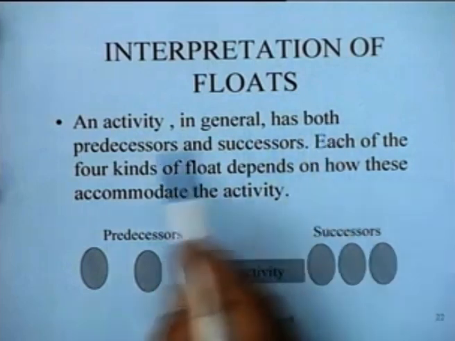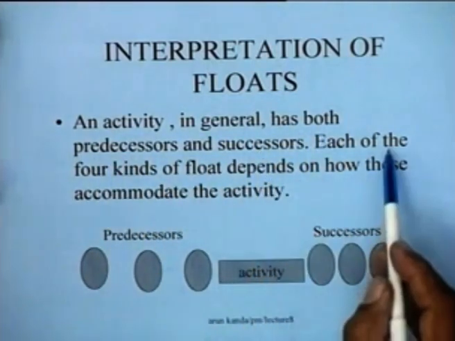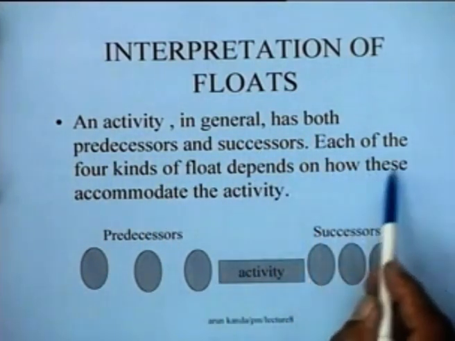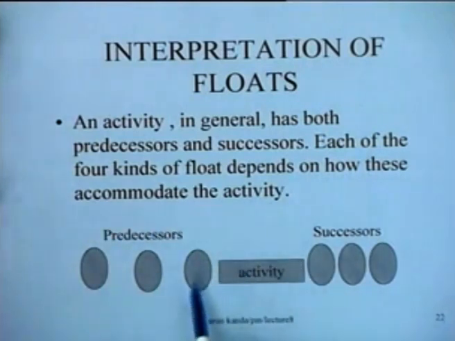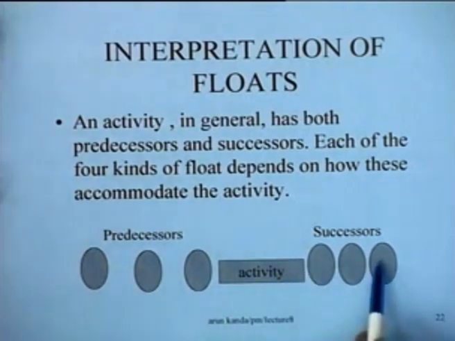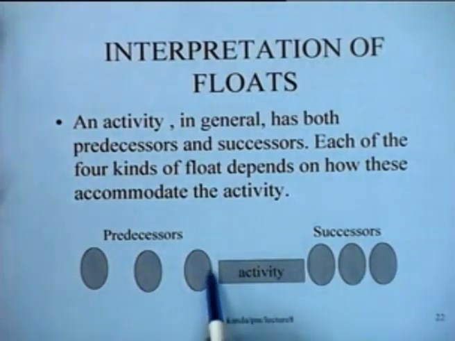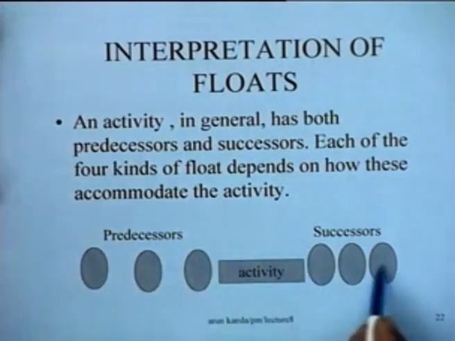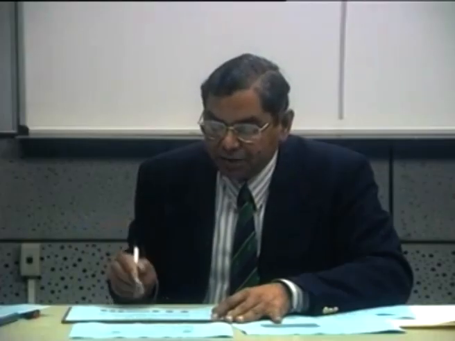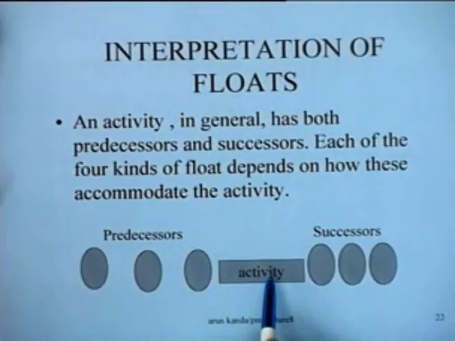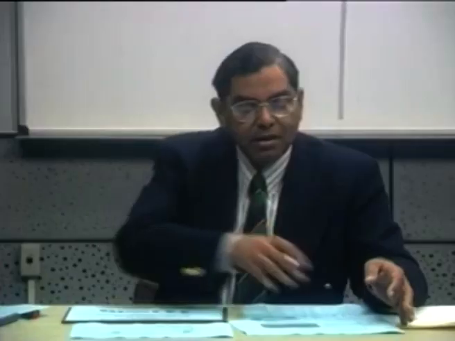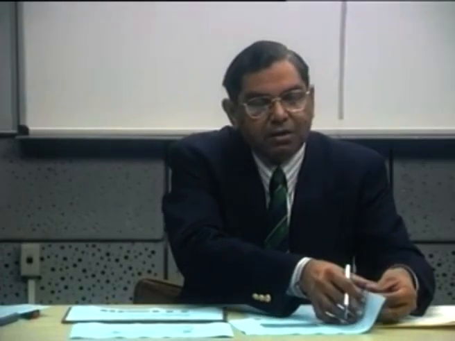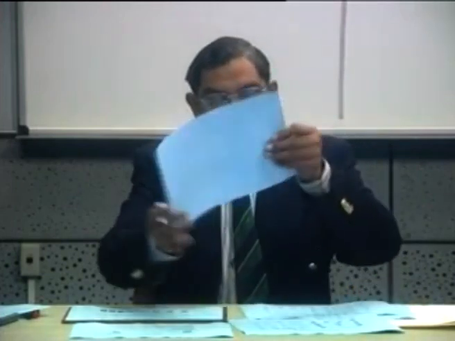an activity in general has both predecessors and successors, and each of the 4 kinds of floats depends upon how these accommodate the activity. It depends upon whether these are shoved this side or whether these are shoved to the maximum possible extent. So if these people are shoved to the maximum possible left hand side and these people are shoved to the maximum possible right hand side, you would have the maximum amount of leeway for the activity, and that is what governs the total float. And similarly, if these activities are not shifted to the maximum possible extent,